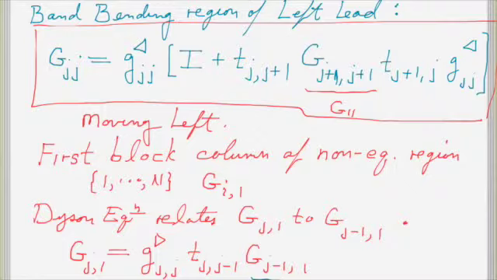And again, in V, the non-zero matrix elements are T_{j,j-1} and T_{j-1,j}. I guess I could write out all the other terms and see that they are all 0. This is the only non-zero term you're going to get in this Dyson equation. And so if you start writing this out for all the terms, you're going to get G21